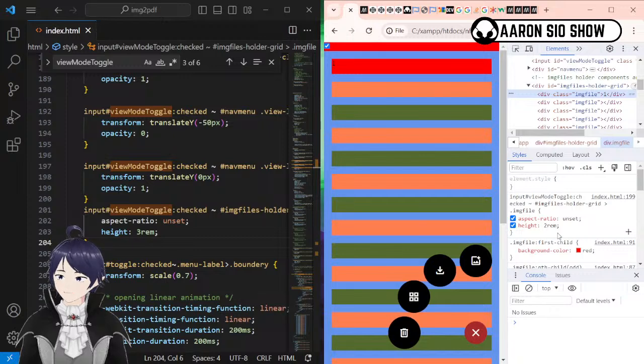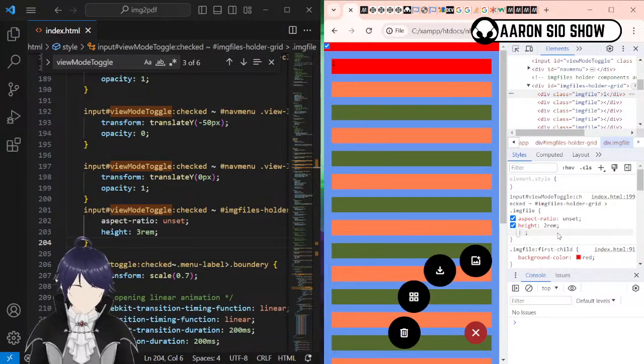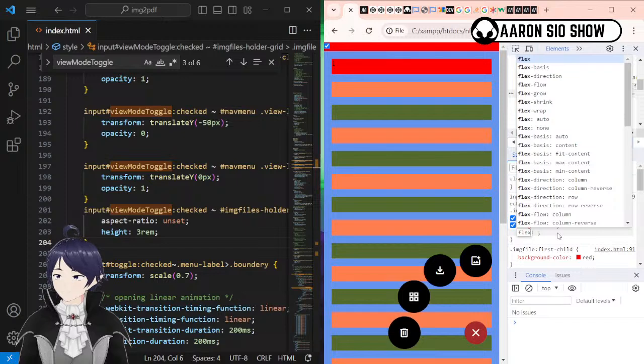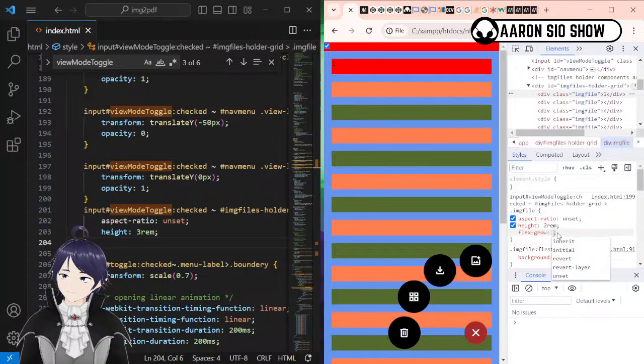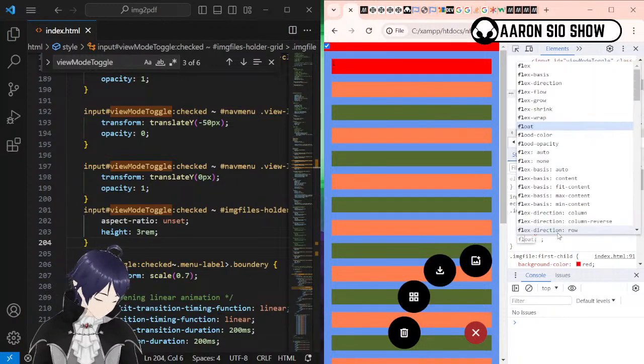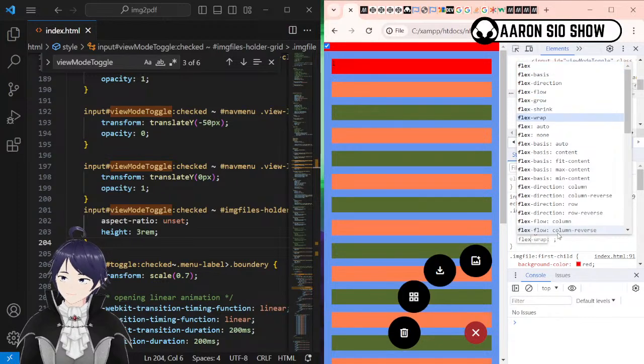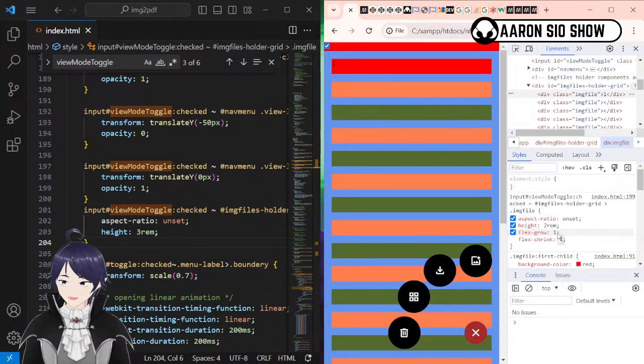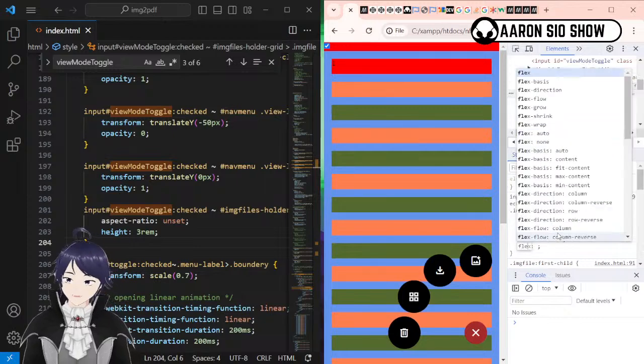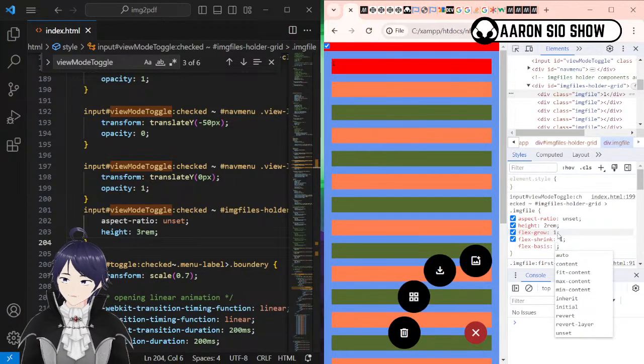Image file, grid, so flex, flex grow, let's try one, flex shrink, let's try one again, then flex basis,